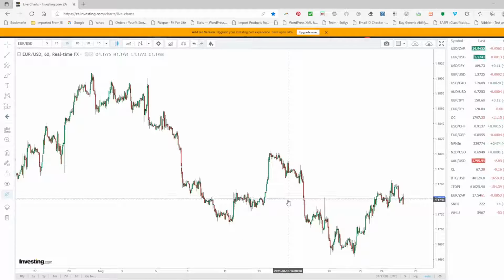Okay guys, how's it going? So Yandre's asked me to do a quick thing on resistance and support, so that's what I'm going to do. So I've gone to investing.com, I've opened up the Euro USD, and I'm going to start